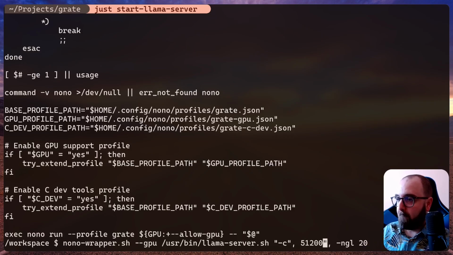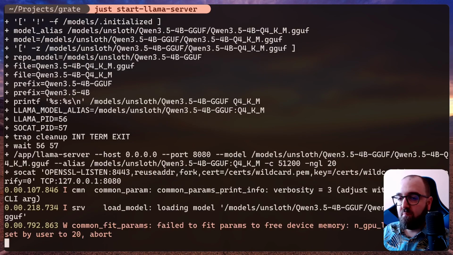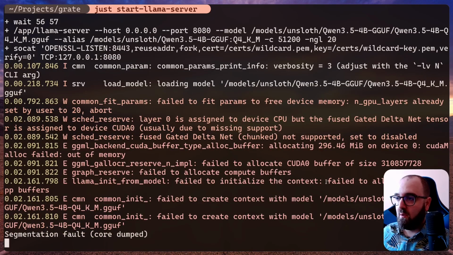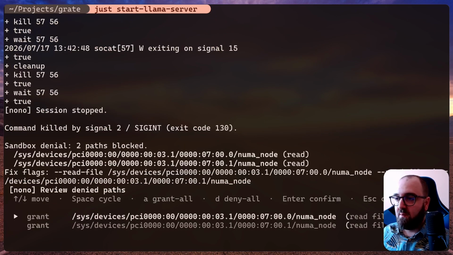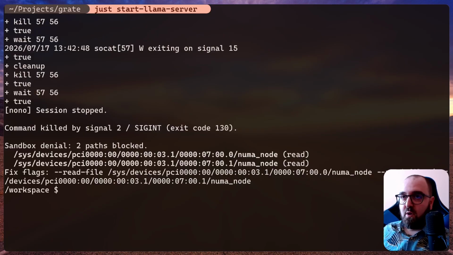just to make sure that it's able to load the model in my machine. Okay, and let's try to run it. For some reason there was a segmentation fault. Let's try to exit, and as you can see, it's asking for permissions for these two devices that I removed from the profile just to demo this to you. So let's cancel for now, let's exit,